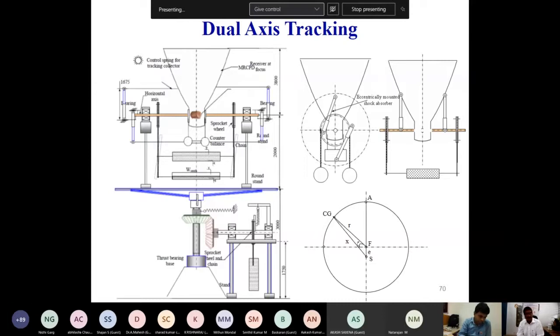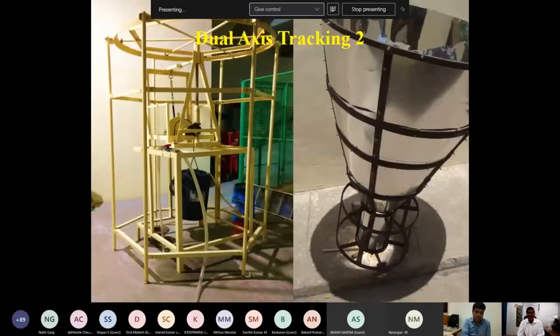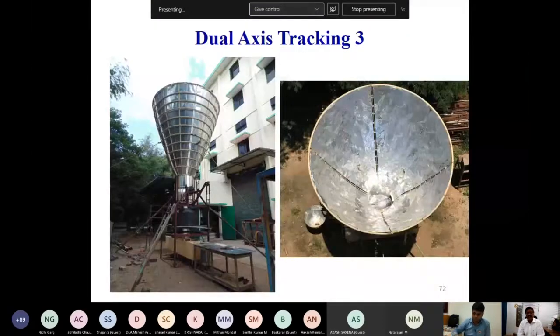And straight away I'm showing this 2-axis tracking system. With the convenience of the single-axis tracking system, we devised the 2-axis system, which is also a passive drive. The collector is again a compound parabolic collector, but this is the point-focused multi-reflector compound parabolic collector. The earlier one was a linear concentrating collector. Once a sunbeam enters the dish, it can't escape outside. That is the advantage of this type of bowl.